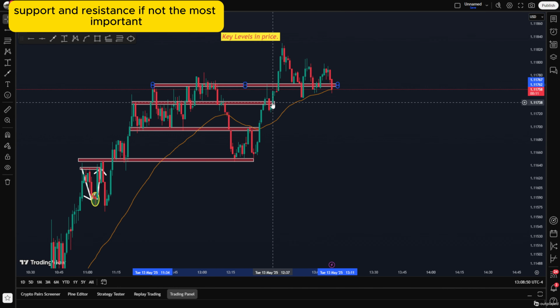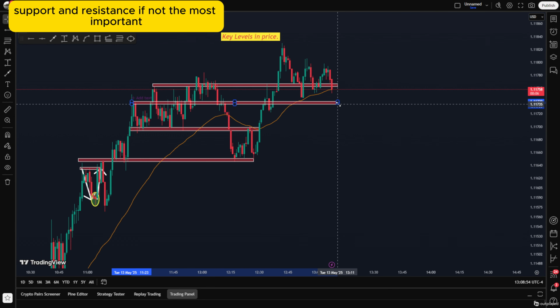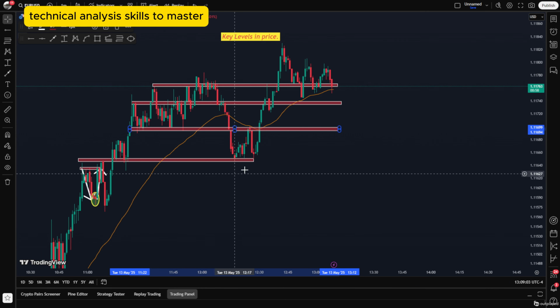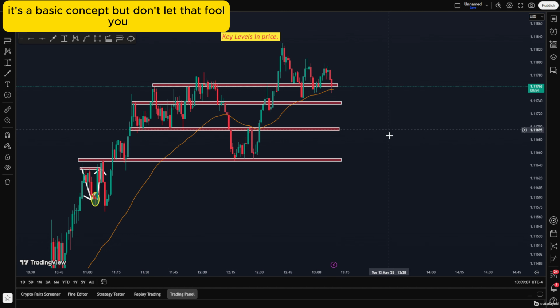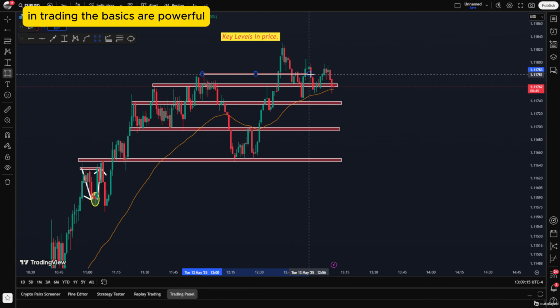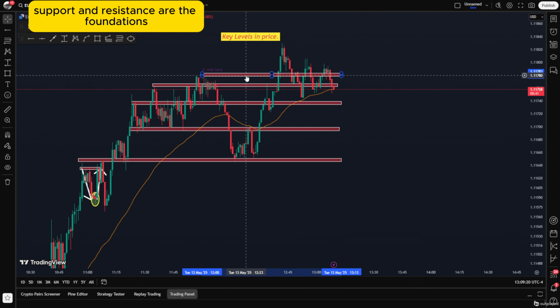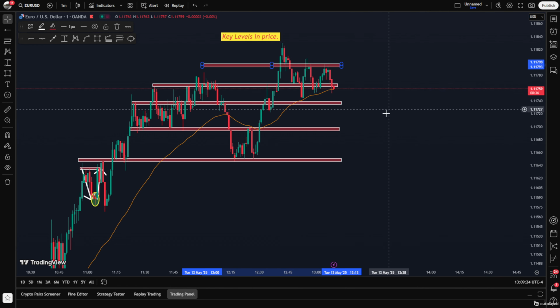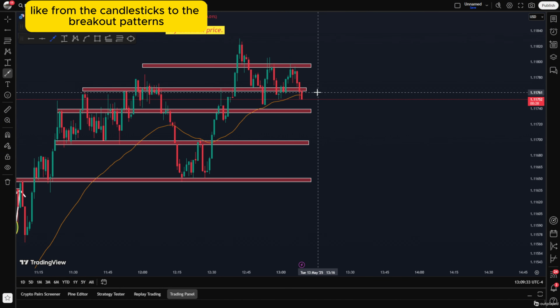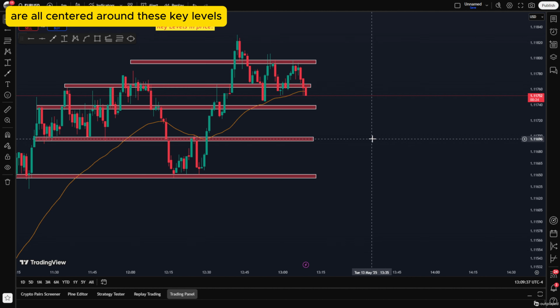Support and resistance is, if not the most important, one of the most crucial technical analysis skills to master. It's a basic concept, but don't let that fool you in trading. The basics are powerful. Support and resistance are the foundations of market structure. Most other technical skills you'll learn in this journal, from candlesticks to breakout patterns, are all centered